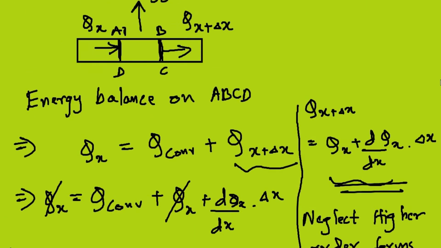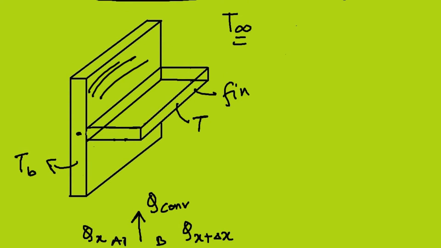Well, this area, if you see over here, it is the surface area of the fin, but in this case we are taking the balance over an elemental region. So if I take this elemental length, suppose this is the elemental length, this is to be del x, the thickness is del x, so it will be somewhat like this. Let me try to draw it. If this is the strip that I am taking, so I am doing the balance on this strip. Only this portion I am taking the energy balance, only this portion. So I hope you can understand this. This portion is what I am using to do the energy balance.